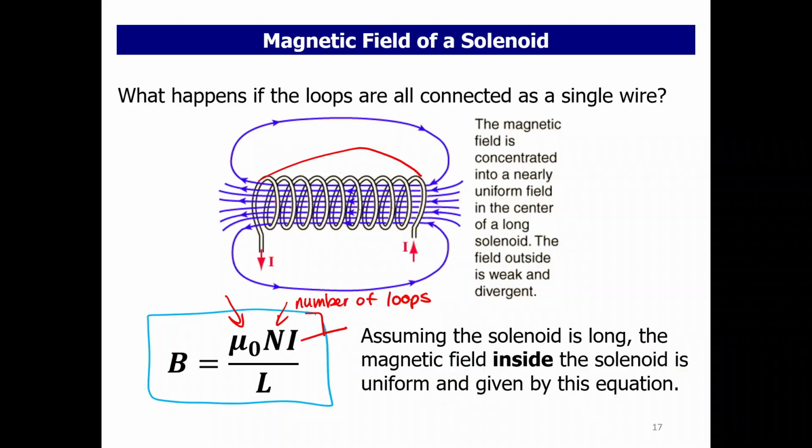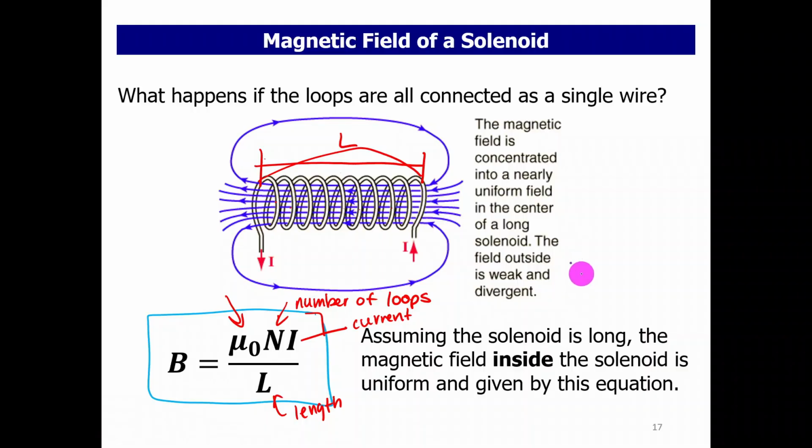I is the current that's running through the wire, so that is our current. And L is the length of the solenoid. So L is our distance from the last loop to the first loop. That's our length L. Sometimes you'll see this formula